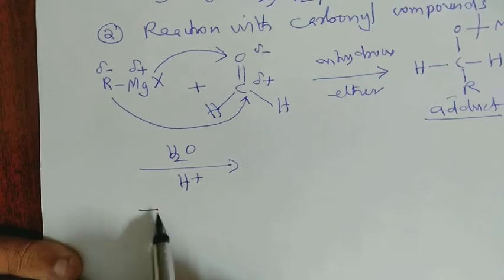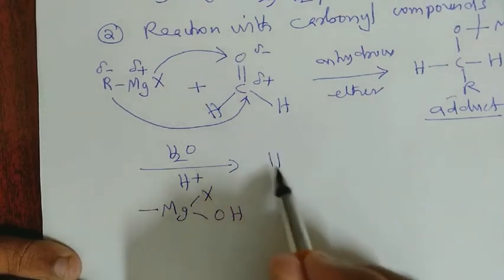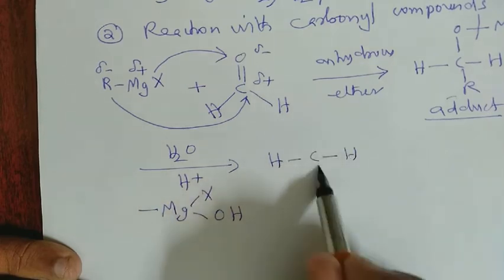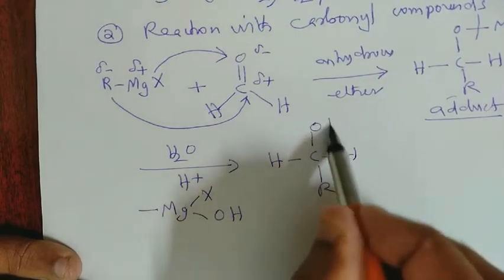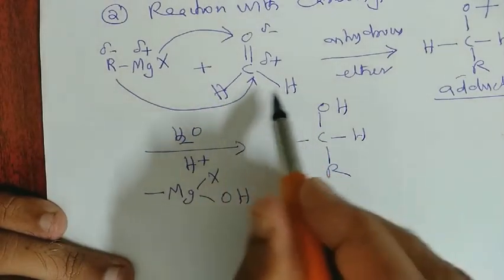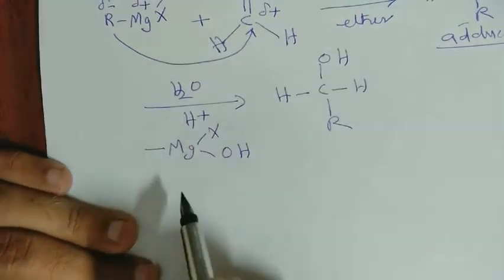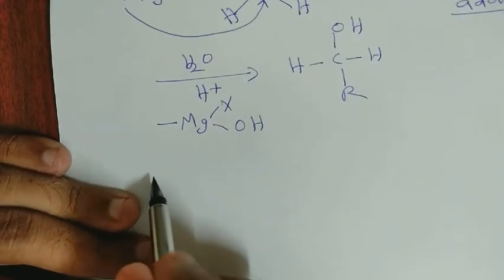So it decomposes to form a primary alcohol, RCH2OH. If an aldehyde other than formaldehyde is used, the reaction ends with a secondary alcohol,